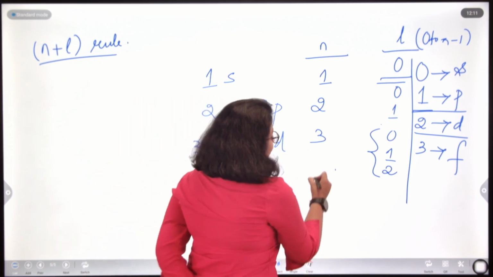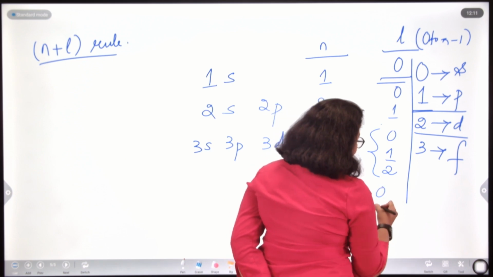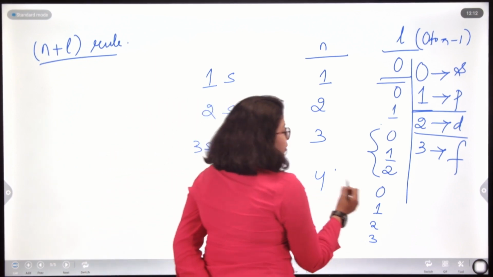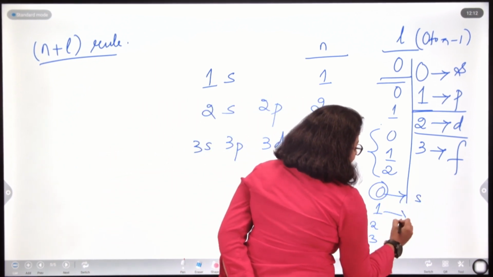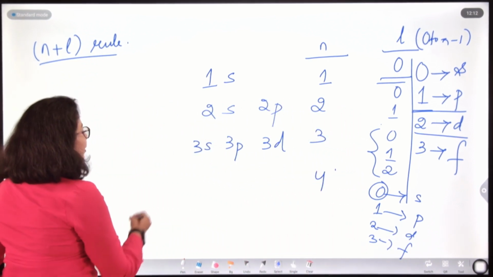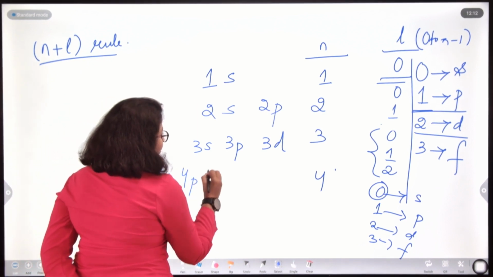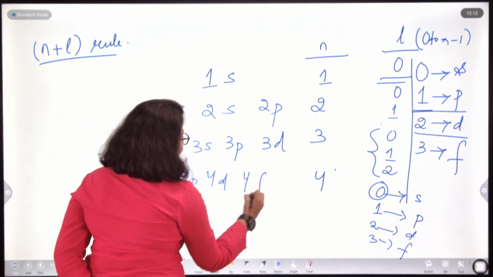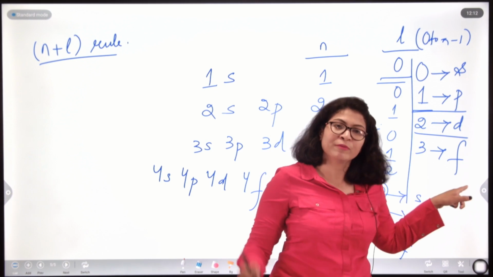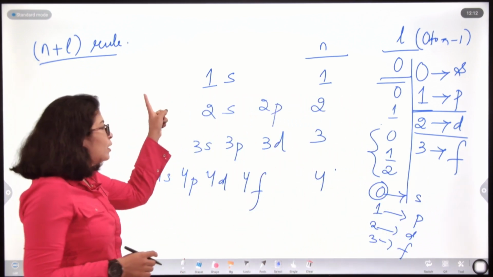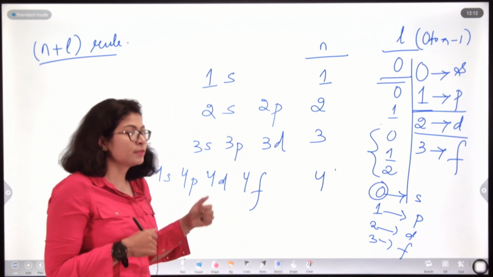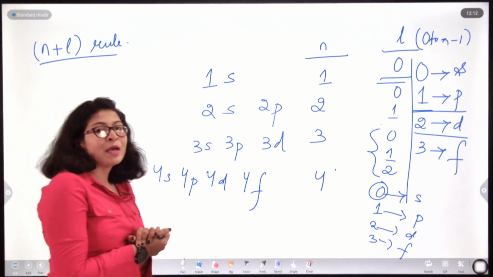Now, suppose the value of n is 4, l will be 0, 1, 2, 3. 0 signifies s, 1 is p, 2 is d and 3 is f. So for 4, the possible subshells are 4s, 4p, 4d and 4f. Later on it follows the same pattern of s, p, d, f. So for 1 only one subshell was possible, for 2, two subshells, for 3, three subshells, and for 4, four subshells. Now, what will determine the value of energies?